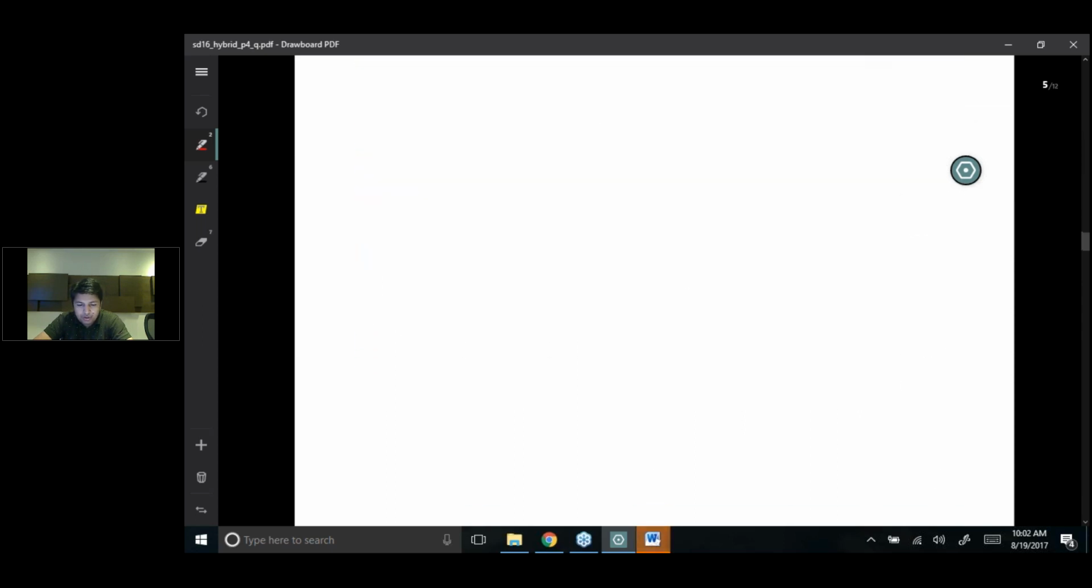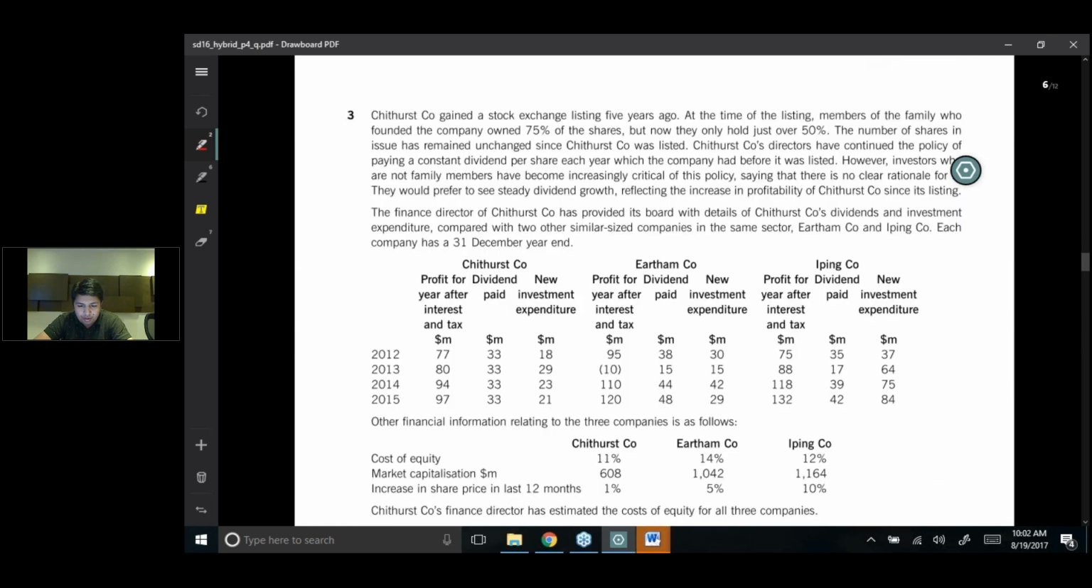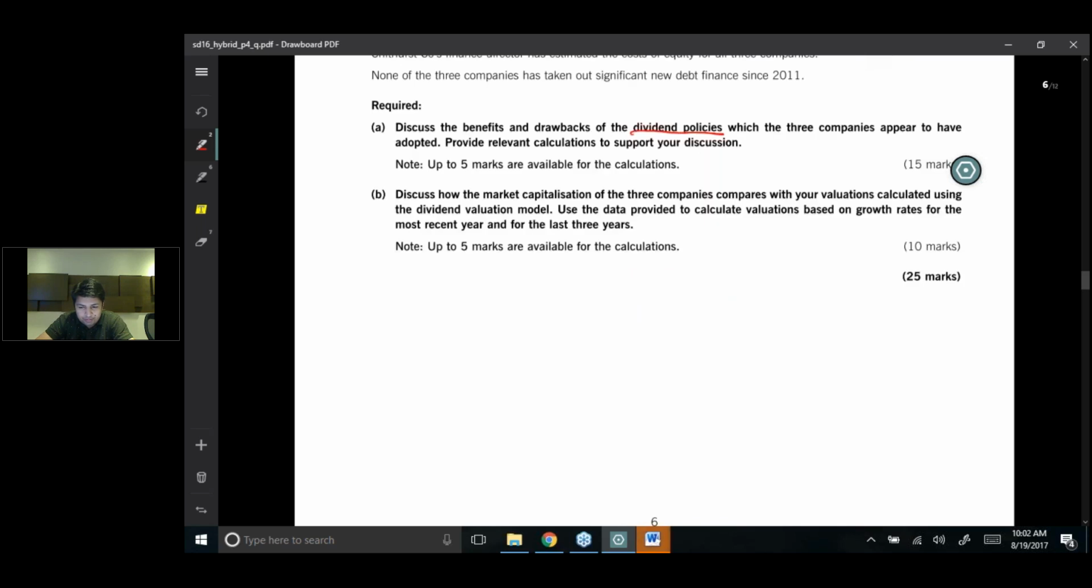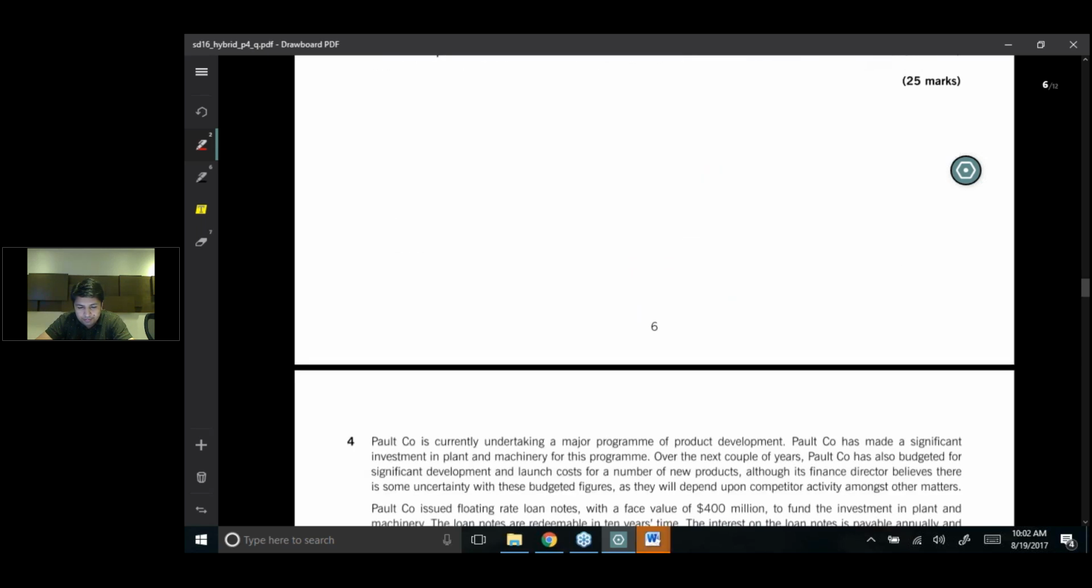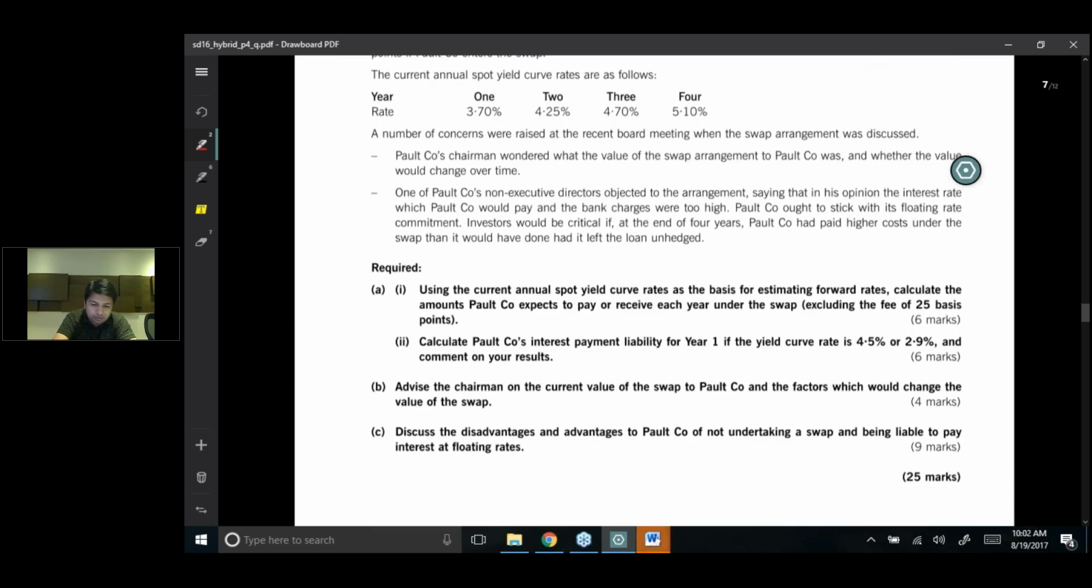And the third question is from dividend policy. And the fourth question is from interest rate swaps. So starting from the very first question,